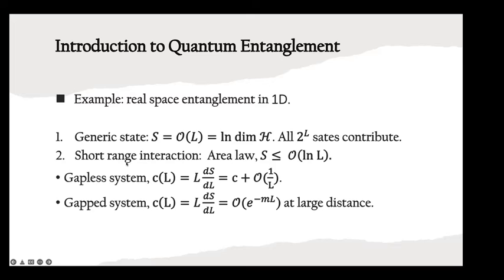But for realistic systems, we normally observe enhanced behavior in terms of the area law, namely this entanglement entropy does not grow polynomially in the size, but grows at most logarithmically. And for many gapped systems, we observe that at long distance, this entanglement entropy is just a constant which contains some sort of UV divergence. If you take the derivative with respect to the length to remove the divergent part, this is called the entanglement C function. It decays exponentially at large distance, with the decay rate related to the mass gap of the system.